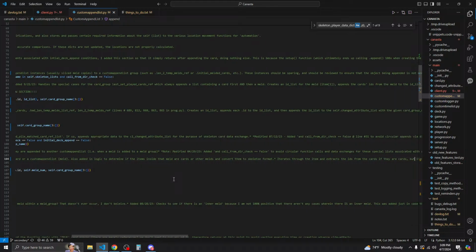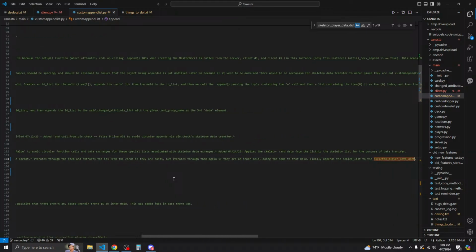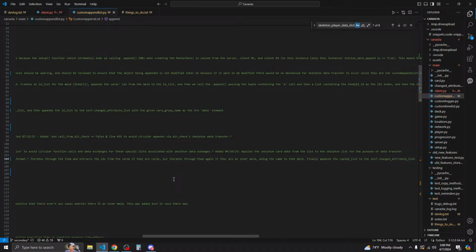Extracts IDs from the cards, and if there's no ID, send them to the self.changed attribute list. This is modified for 7.24.